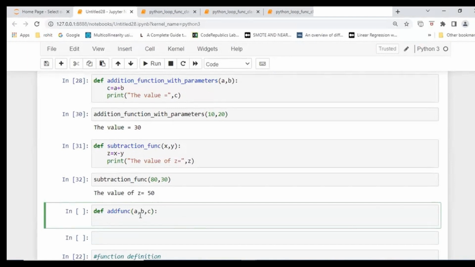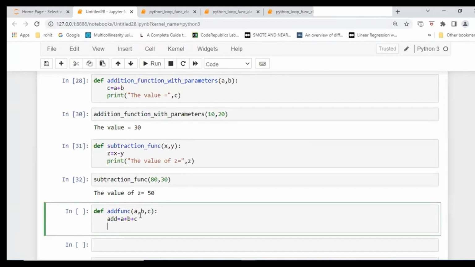So I'm writing here add is a variable: a plus b, and b plus c. So I have to take these values, and then here print